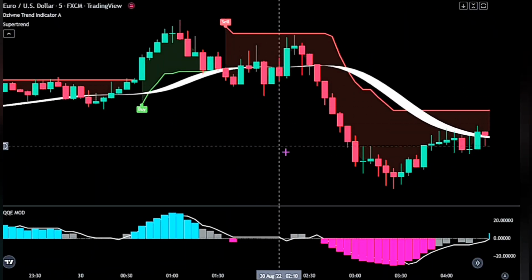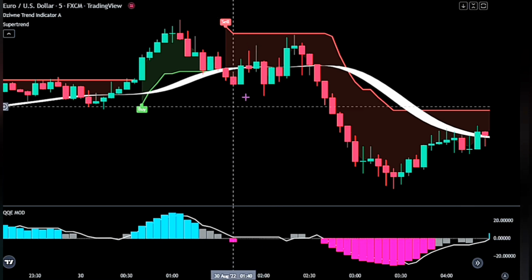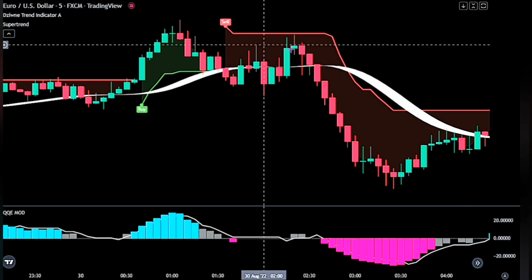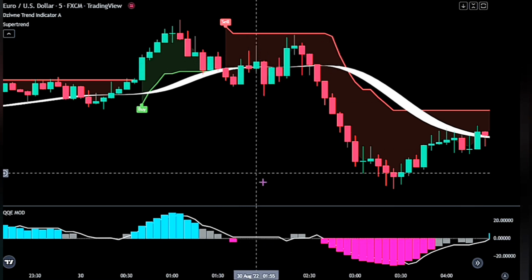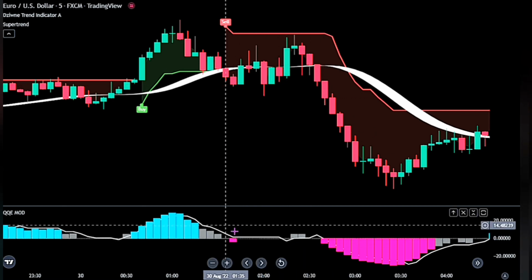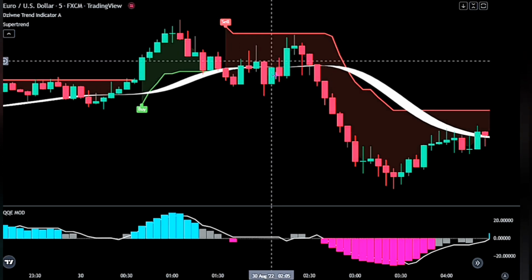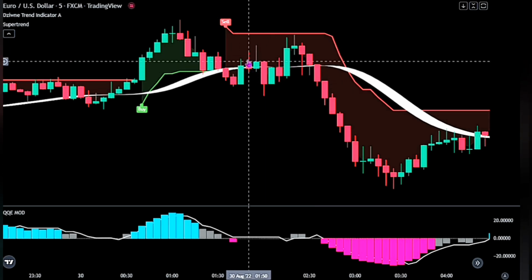Also, we would be taking a short position if the QQE remains below the zero line, while we get price action close above the Dzewne trend indicator in a sell trend. But we have to see a red histogram break below the QQE moving average. As we see here, we had our sell trend from the Supertrend. We then waited till price action closed above the Dzewne trend indicator,